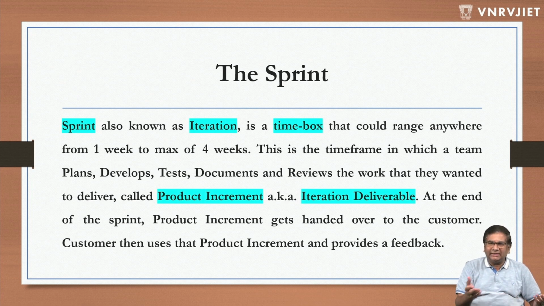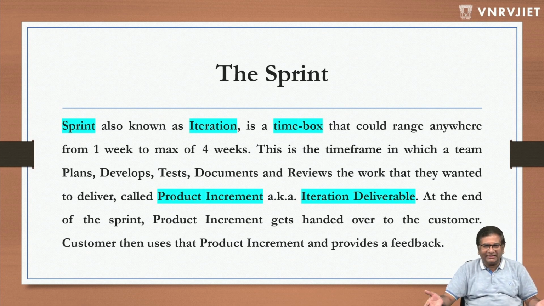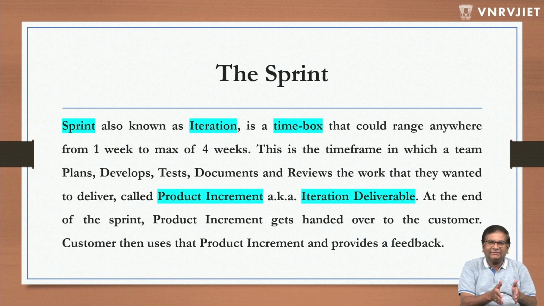For example, there are 3 teams in an organization. The first team could take 1 week as their sprint. The second team could take 4 weeks, and the third could take 2 weeks. It depends upon their needs and requirements. So there needs to be a sprint, that is for sure. But what is the length of the sprint? Again, it depends upon the team requirements. That's why Scrum is kind of a framework rather than a process. It doesn't define do it every 3 weeks. No, it doesn't say anything. It says 1 to 4 weeks.